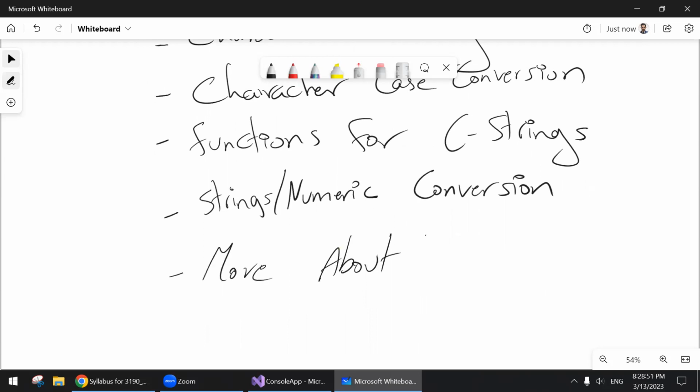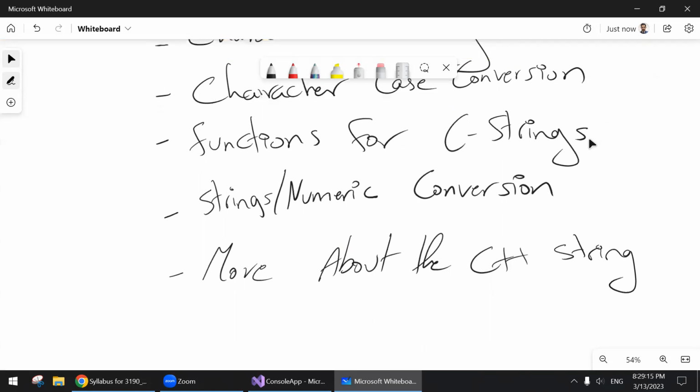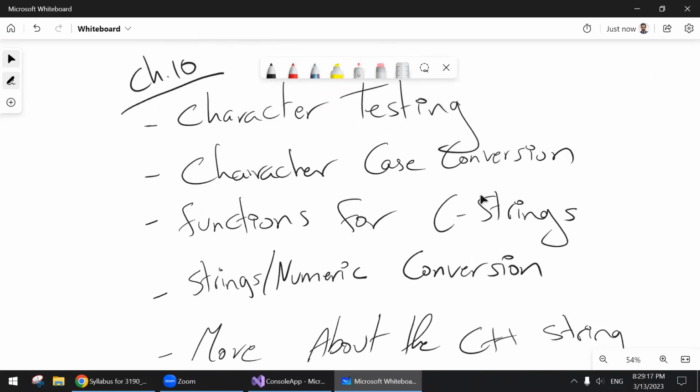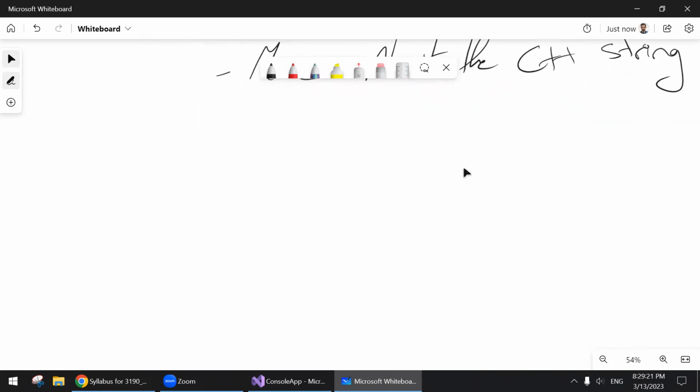about the C++ string. So by now you should know the difference between a C string and a C++ string. The C++ string is the string that you include using the include string. The C string is the C language string, which is an array of characters terminated by a null. So this is the plan for this session. So let's go ahead and